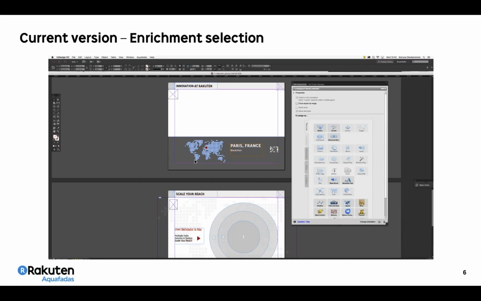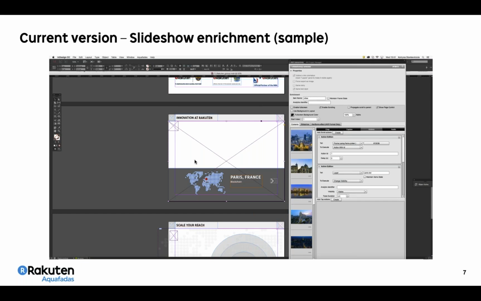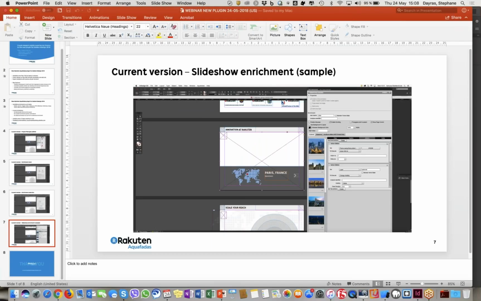The second one is the one guiding you to select an object in the frame, in the page, and then you can apply an enrichment. This is the enrichments palette screenshot. And this is, for instance, the slideshow enrichments. Again, the previous version that you have in your hands at the moment.